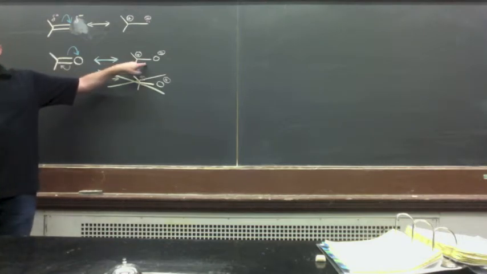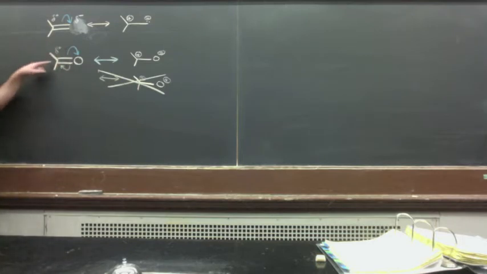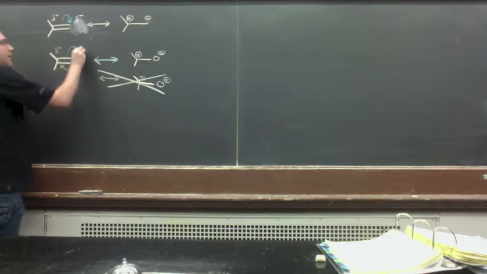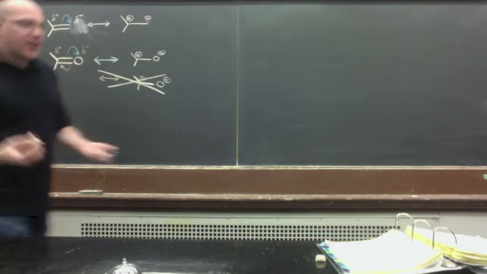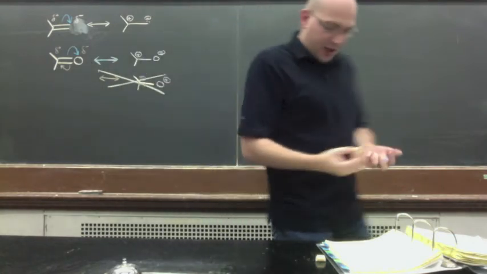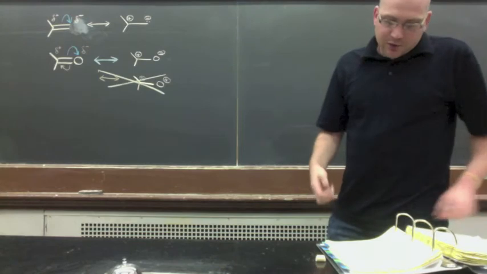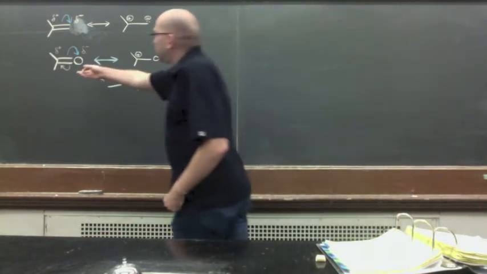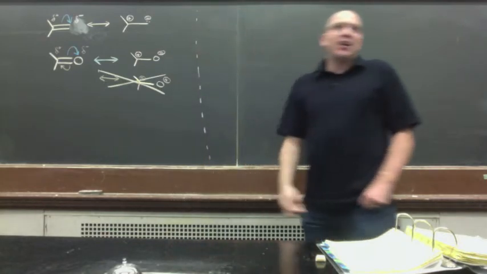But this resonance form here, while it's a minor resonance form, it might help us think about how the reactivity takes place in carbonyls. So again, if we were to draw a delta positive, that delta positive would be at the carbon of the carbonyl, and we could put a delta negative over on the oxygen. And that's just going to help us think about how some of the chemistry might take place. Okay? So using this sort of knowledge, we can go ahead and learn our first reaction of